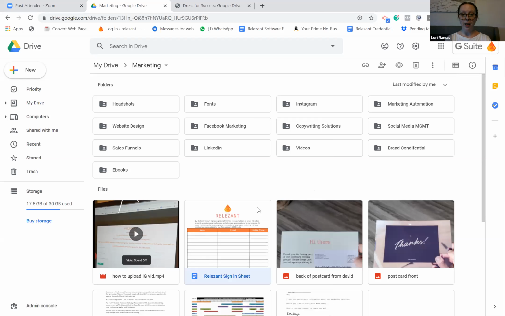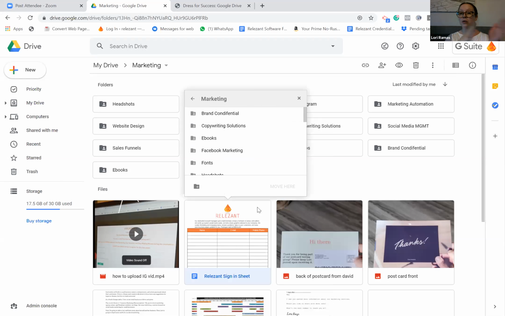If I click on that, now I can move it to any folder. So maybe I put something in marketing and realize I didn't want that there. I can back out and pick a different folder, like my client folder, because it's a client document. Move. So drag and drop, or right click and move. Those are some of the fastest ways.